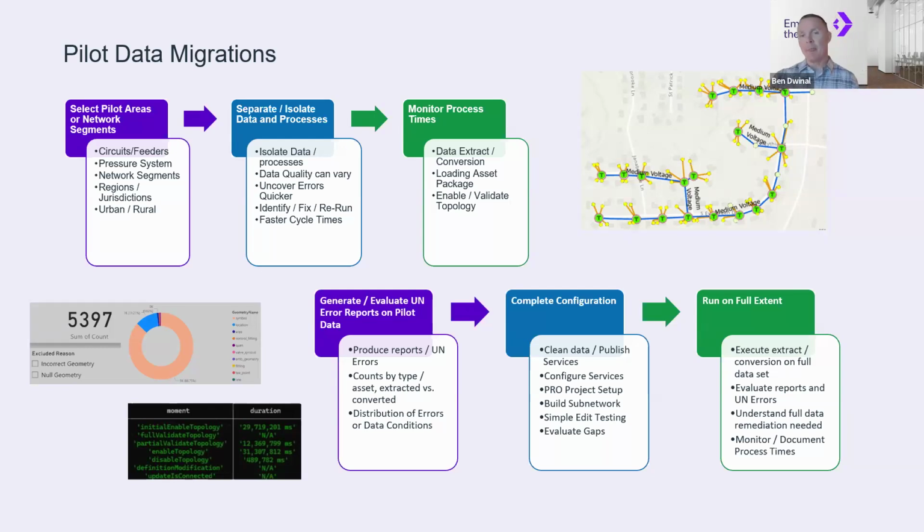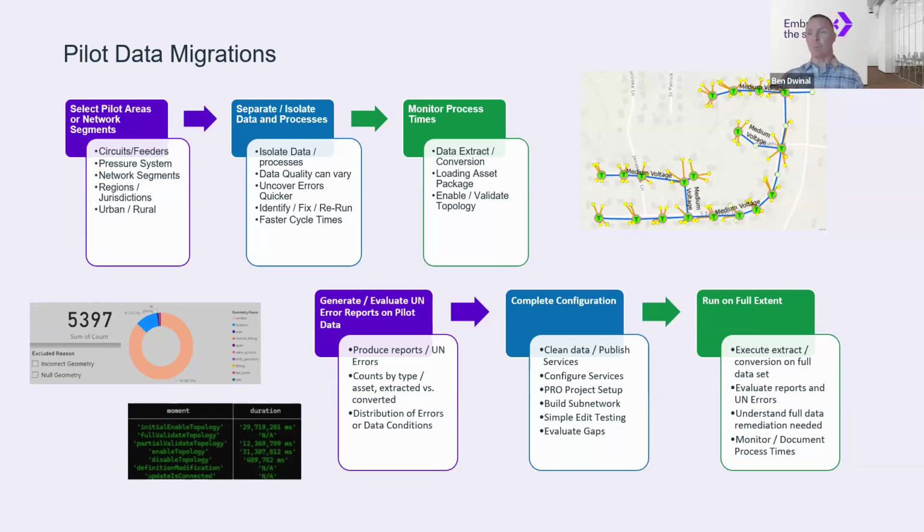We're going to want to find those sections that have a good representation of the data variability that we may encounter. So in this case, typically we find data variability across different jurisdictions or different business entities within an organization. We're going to want subsets of data from both of those as part of our pilot. That's really important for us to make sure we understand the variability in data quality, and we're increasing the opportunity to encounter data errors that represent the full scope of your data early on in the project. Secondly,